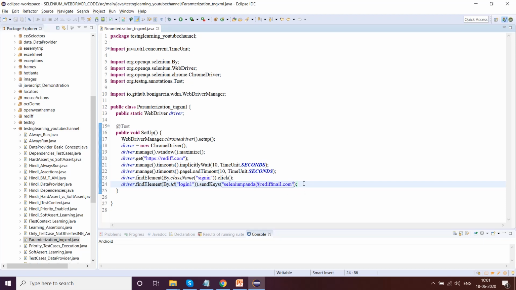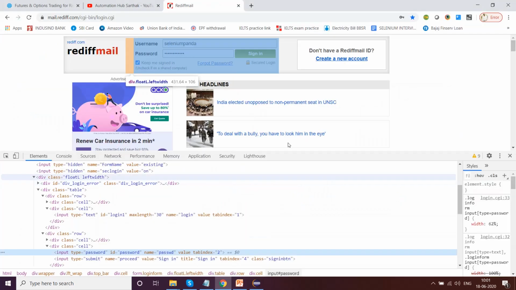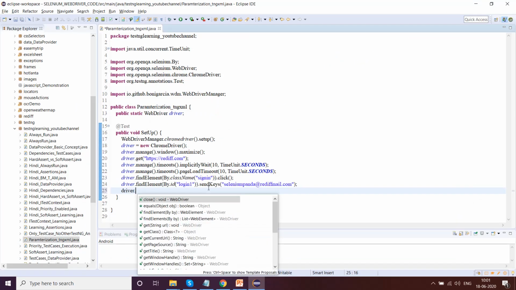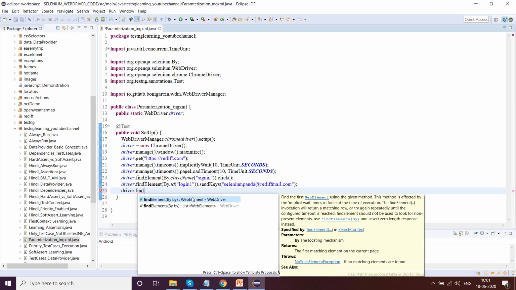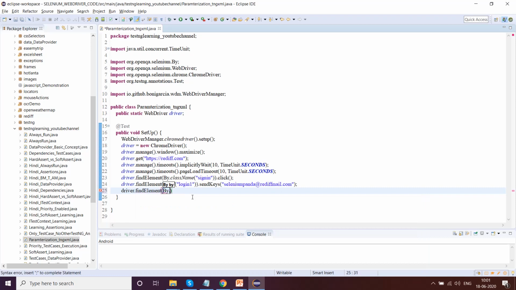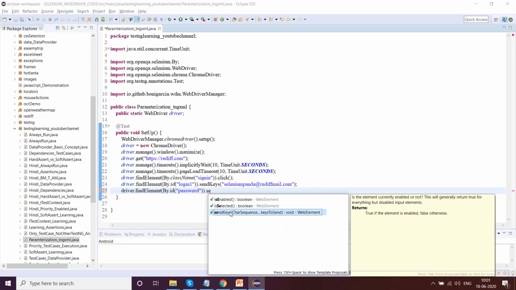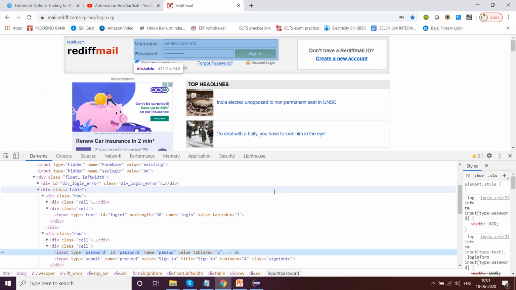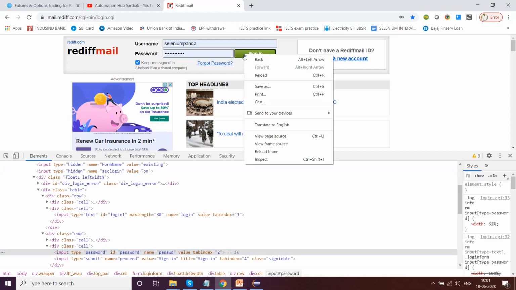Okay, and then next we have ID as password: driver dot find element by.id password dot send keys selenium@123. Okay, and then we have the sign in button,